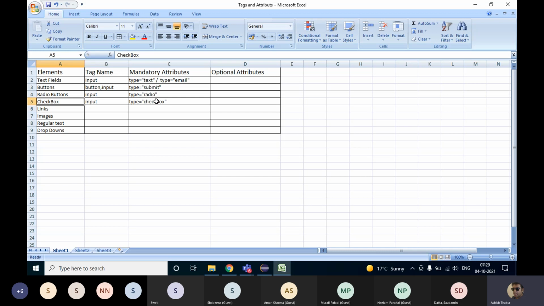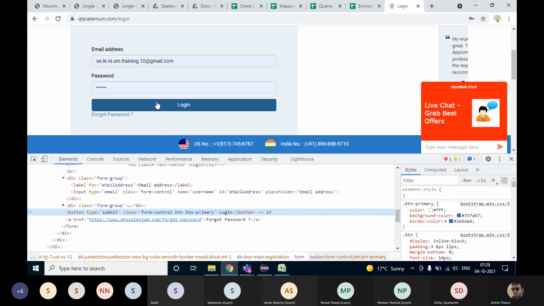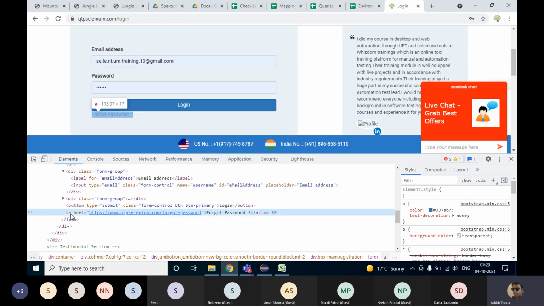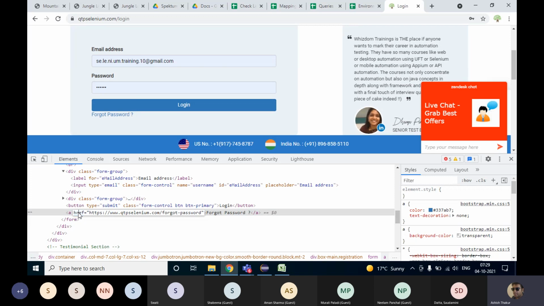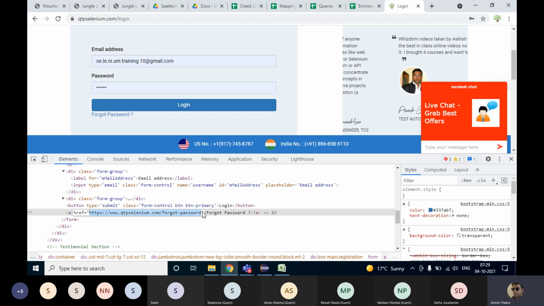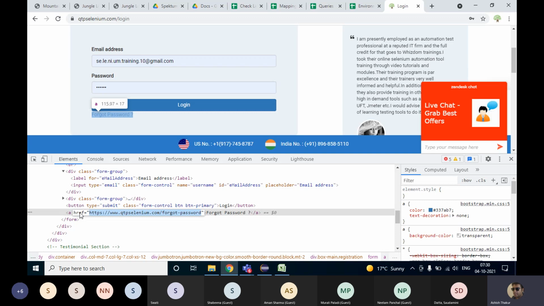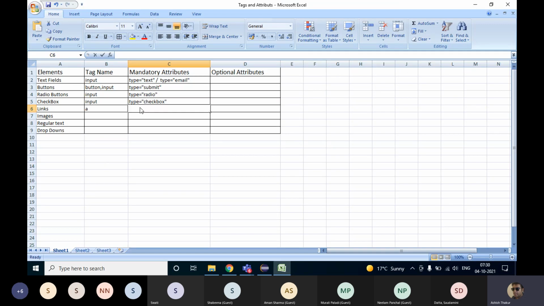Okay, if you talk about links, links have a tag known as anchor, A. Right. Whenever you get a link, no matter on which website, always the tag name A will be there. And there will be an attribute known as href, hyperreference, which will point towards the URL that opens when you click on the link. So the href attribute is always there in case of a link, which points towards the URL which opens when you click on the link.